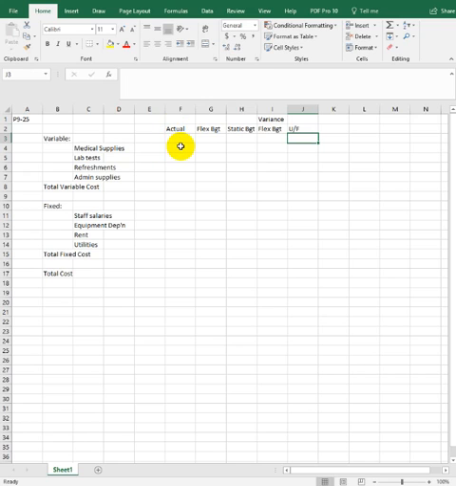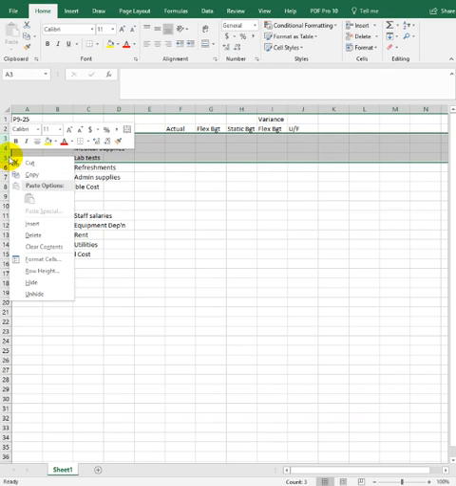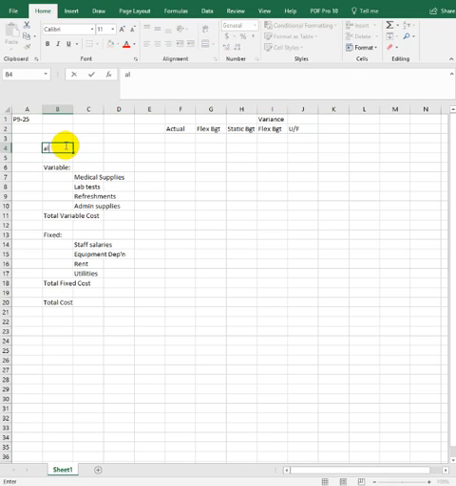Alrighty, so just pulling all of these bits of information from the given data. Actually, let me slip in a little more information here. I'll insert some rows, and then we'll just put in laboratory samples, lab samples collected, which is just straight from